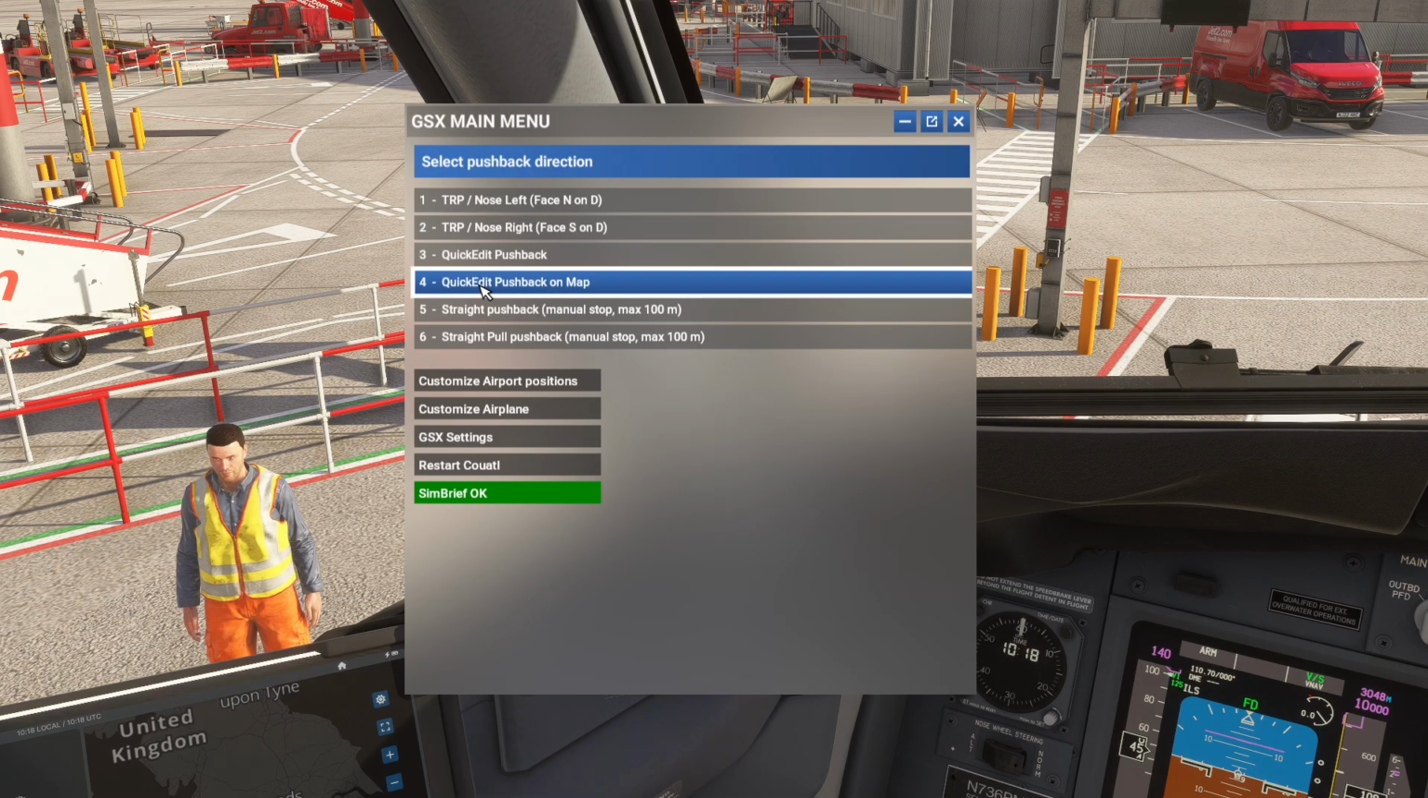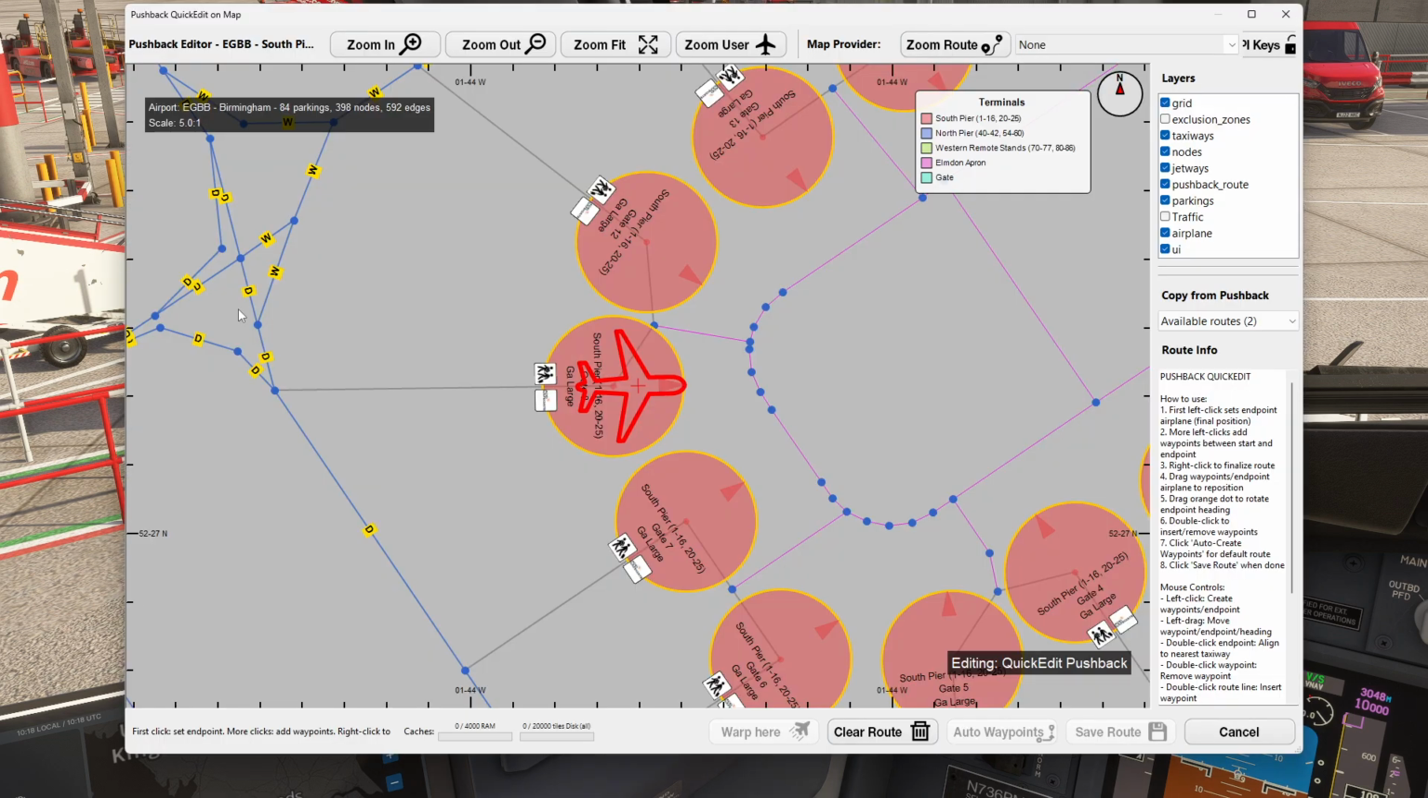Quick edit pushback, quick edit pushback on map, straight pushback, which is straight out with a manual stop. Yet again, I'm going to show you how to do a quick edit pushback on the map. So I'm going to click on that. Now we know we need to face west today,